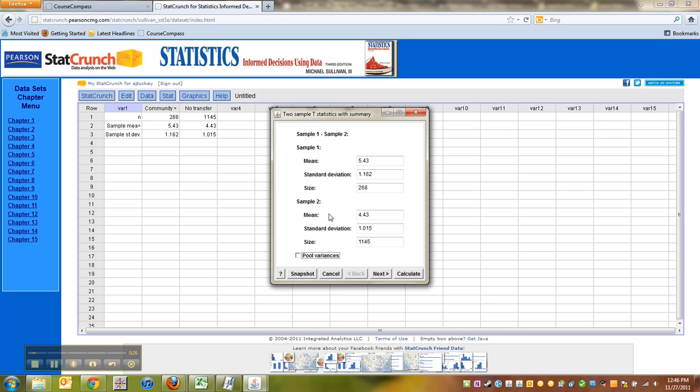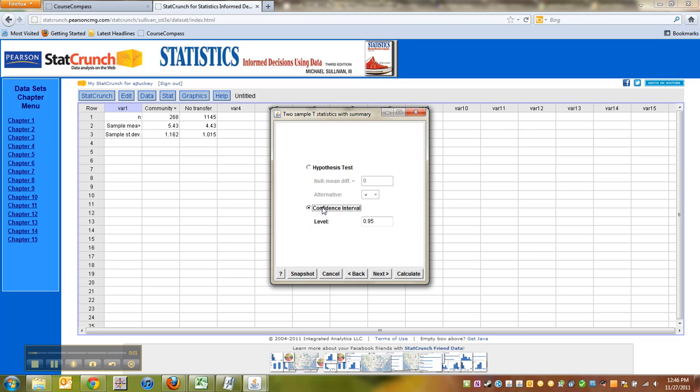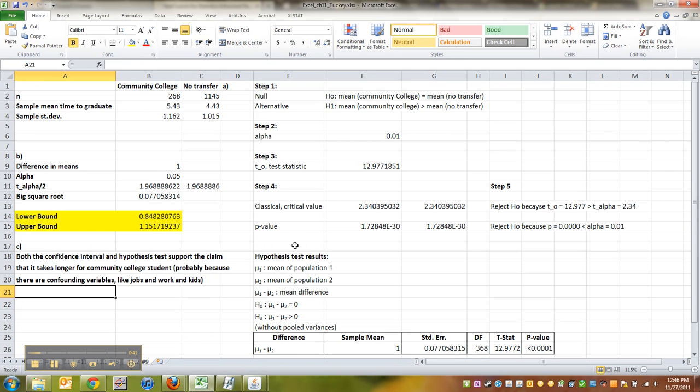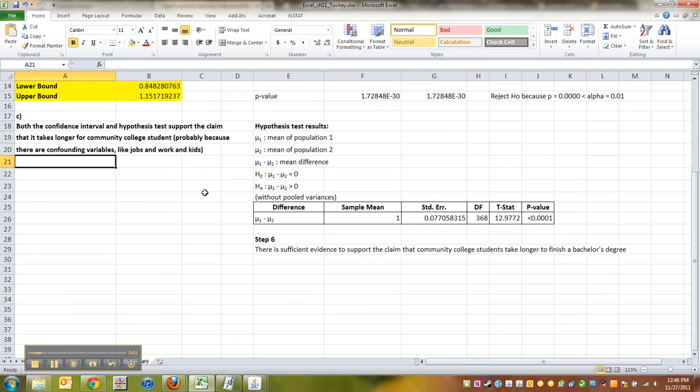So you type in all these numbers. You don't do the pooled variances, turn that off. Next. And then you pick confidence intervals this time, and then calculate. And there it is. See, same numbers that we came up with. I always love doing this because, one, it's really fast, and two, it double checks all my work for what I did